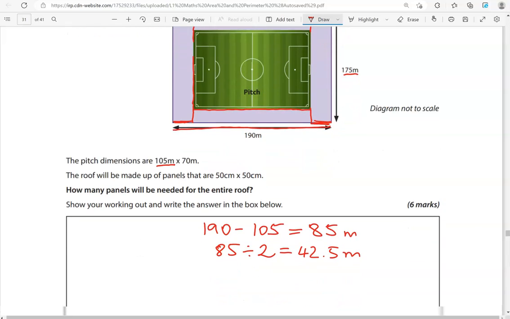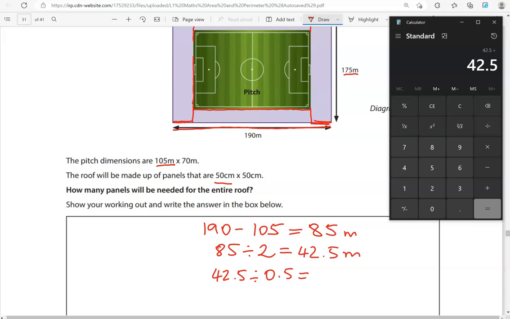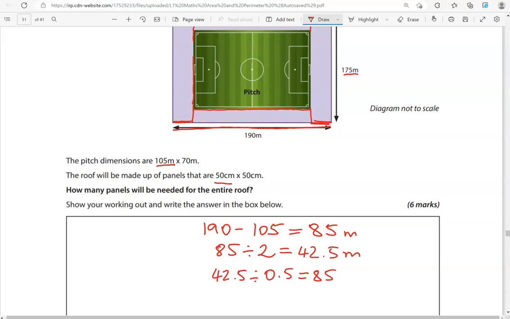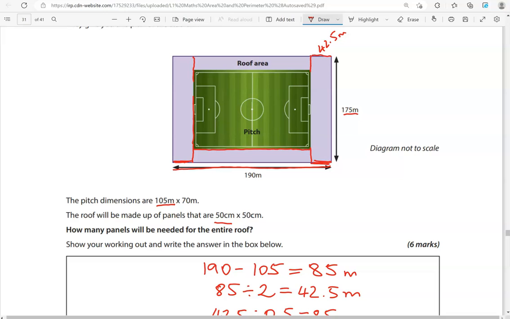So I'll do 42.5 divided by 0.5, because 50 centimeters are equal to 0.5 meters, half a meter. So that is 85. So we can fit 85